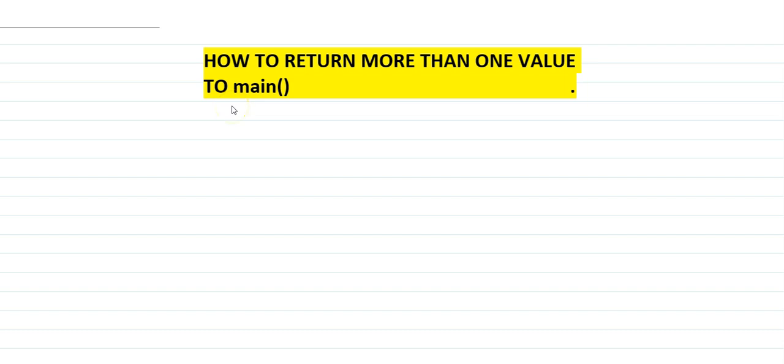So today I will discuss how to return more than one value to main. Basically, we know we can return only one value from another function to the main function, right? So how do we do that? Let's discuss it. When we return a value from another function to main, we basically use call by